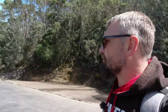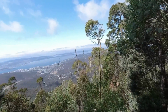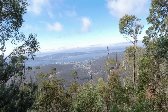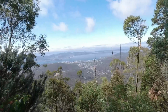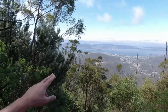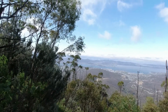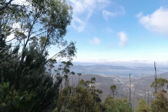Everything's falling slightly out of sequence, but I've paused here because the view is absolutely remarkable. That is the city of Hobart, the capital of Tasmania, and just look at it, it's incredible. Very congested down there, not much fun to drive, to be honest, but we came in the other day across the magnificent bridge you might just be able to see down there, and I'm currently climbing up Mount Wellington,